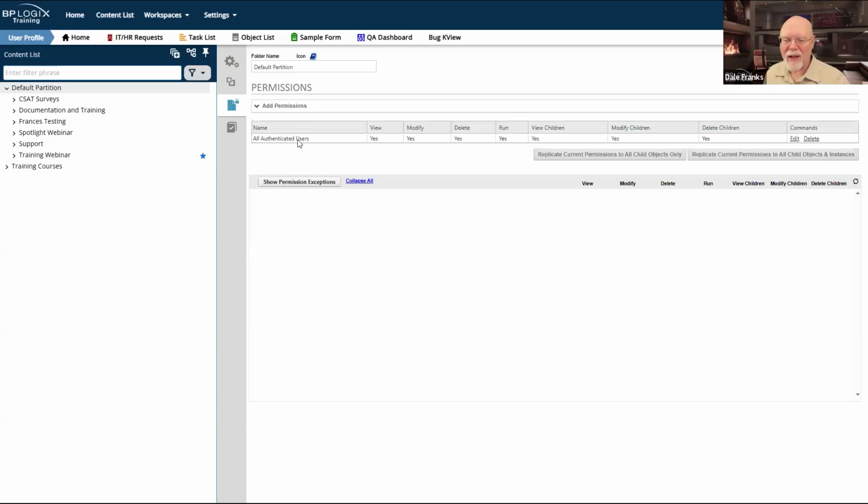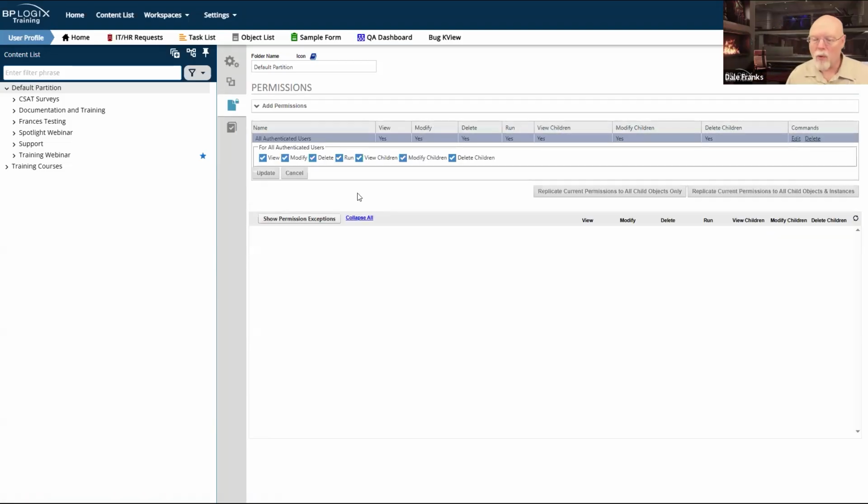For all authenticated users, you can keep this, by the way, that's a fine permission to keep, but really the only permission that your users absolutely positively have to have is run permission.